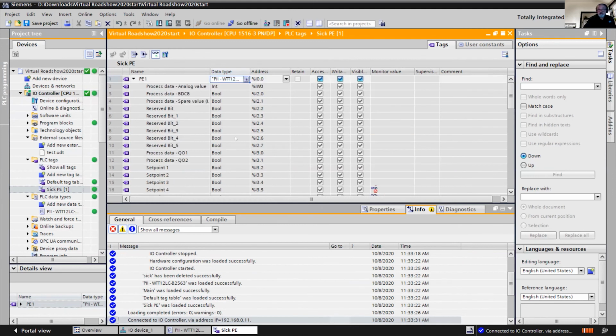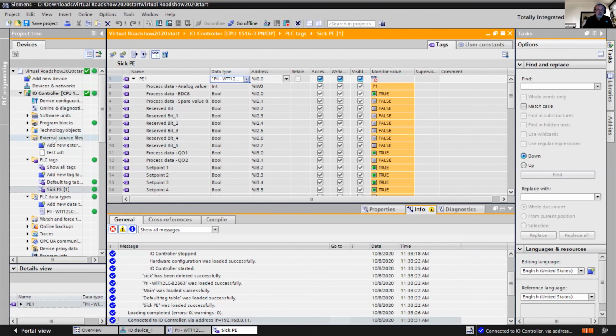And now if I look at my numbers in here, I should see the analog value going in and out under the process data analog value at the top there. Now also I've got these set points. They're set for pretty close, so I've got to come up pretty close in here. And once we get at, we see that we've now defined all these tag names, came in from our configuration